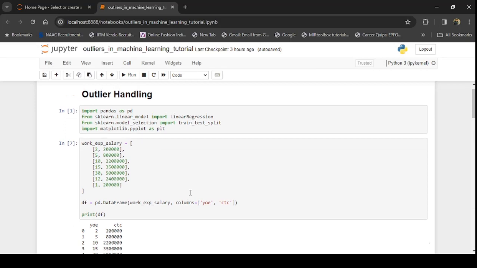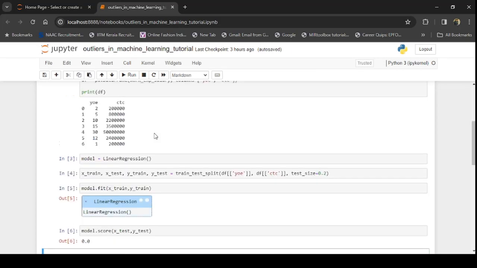Now it's time to introduce an outlier. Let's say we have added 2 more zeros here. That means the salary of this person is exceptionally high. Let's see if by this we can introduce an outlier or not. If you can see,